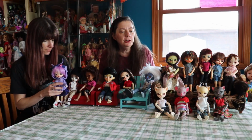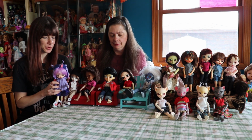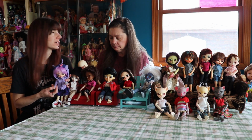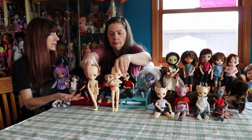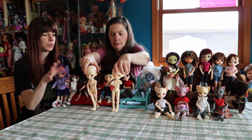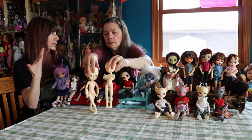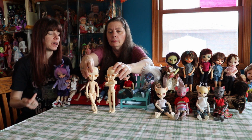All right, we've changed the scene, and we have a whole set of Hujus out. Hujus are very affordable. They're made of ABS. They're strong. You can customize them. Most times you will find them as a blank slate. So there's two different examples here. There's a Wings, which is the boy doll at 26 centimeters, and then this is the Berry, the girl,